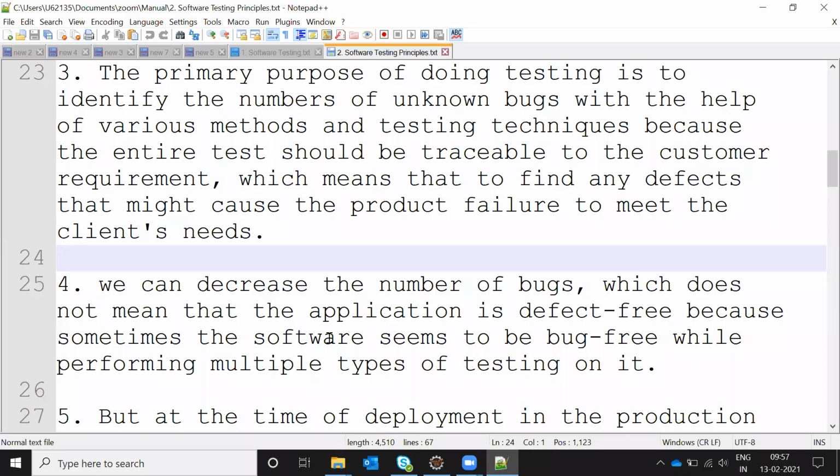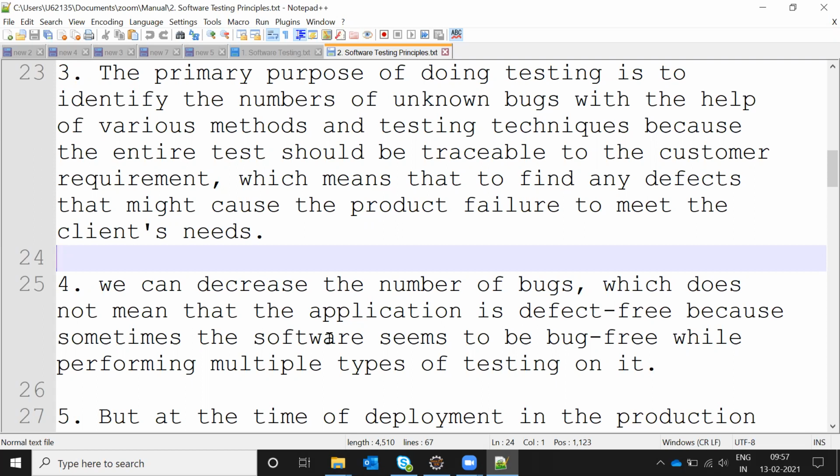We can decrease the number of bugs, which does not mean that the application is defect free, because sometimes the software seems to be bug free while performing multiple types of testing on it. Means we are decreasing the bugs before the product goes live. Even before deploying we are finding many defects, and we cannot assure that it is defect free, as at least one defect may be present.